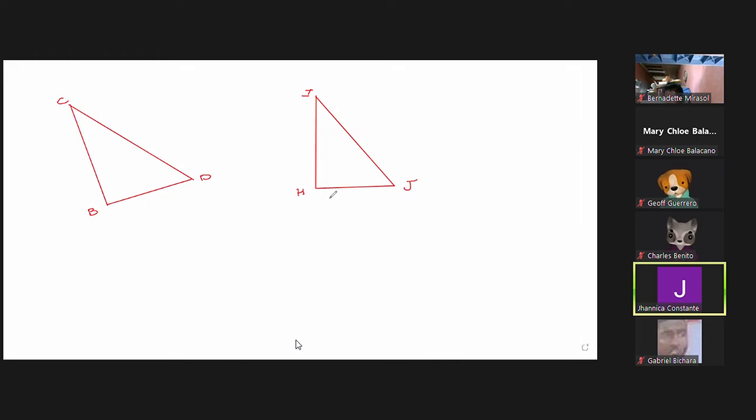Say that side BC measures 13 centimeter. Side BD measures 17 centimeter. And the angle B